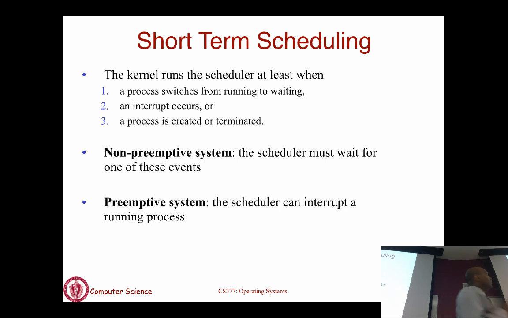Right. So there are two types of short-term schedulers. We'll talk about what are called preemptive scheduling and non-preemptive scheduling. To understand this, let's first try to figure out when the kernel will run the scheduler. Essentially, if a process that is executing starts doing I/O, it is going to relinquish the CPU. The CPU is going to become idle, and then the scheduler has to decide which other process gets to run